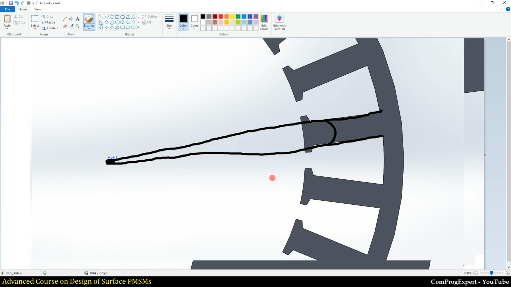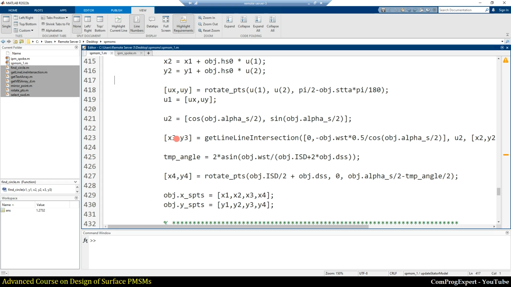This angle is equal to 2 times asin of WST divided by ISD plus 2 times depth of stator slot.